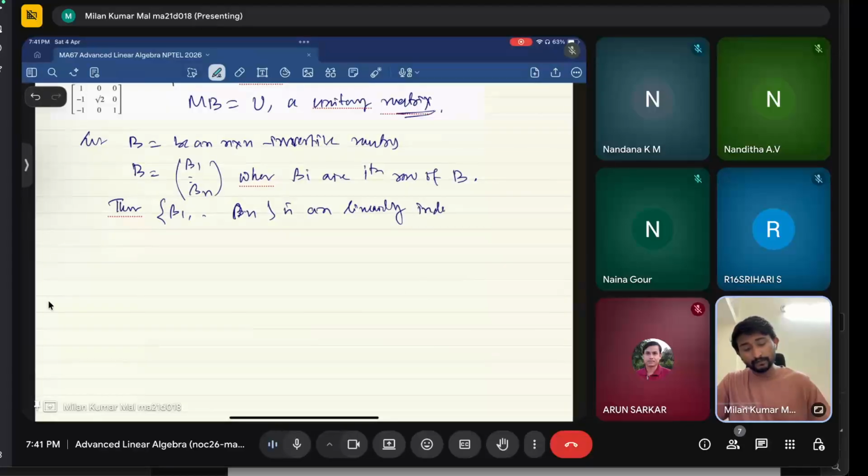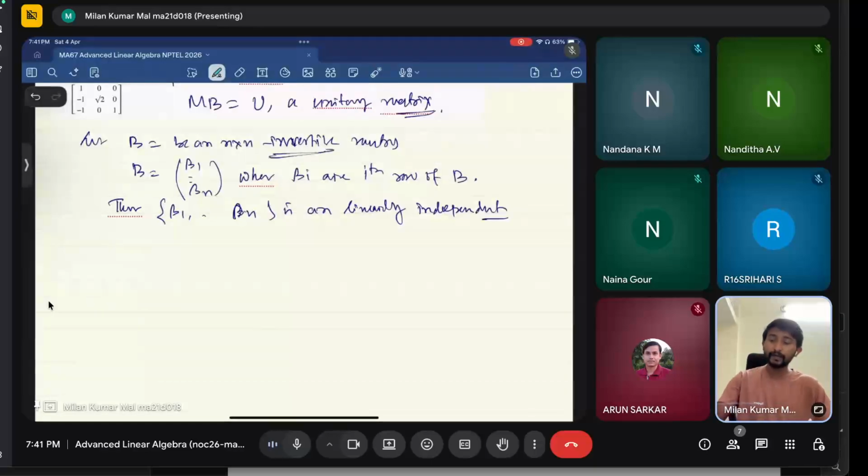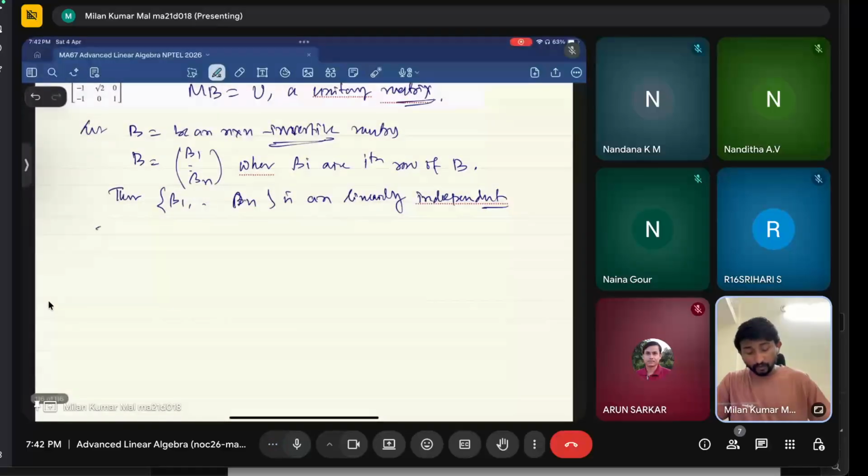Why is this linearly independent? Because this is invertible. If it is linearly dependent, then that determinant has to be 0. This is something I discussed very early. If you consider a matrix whose rows are linearly independent of each other, then the determinant is non-zero, and that is if and only if. Okay, linearly independent. So then, by Gram-Schmidt orthogonalization process,